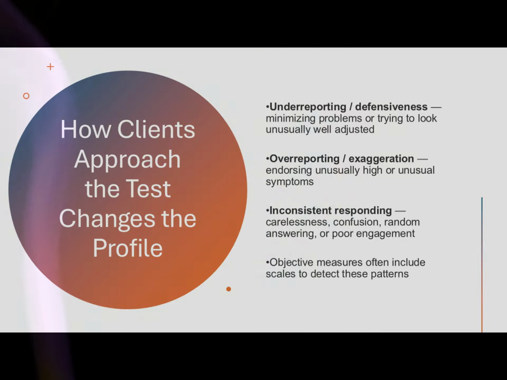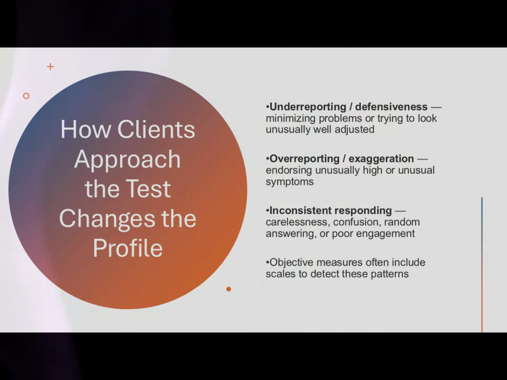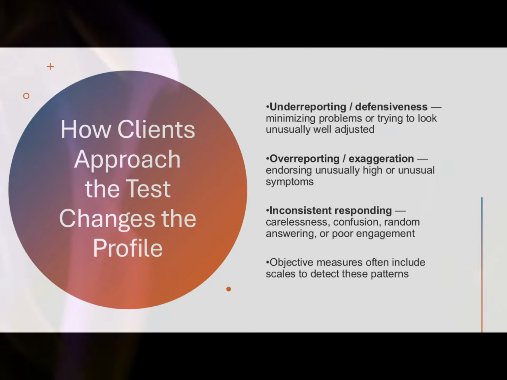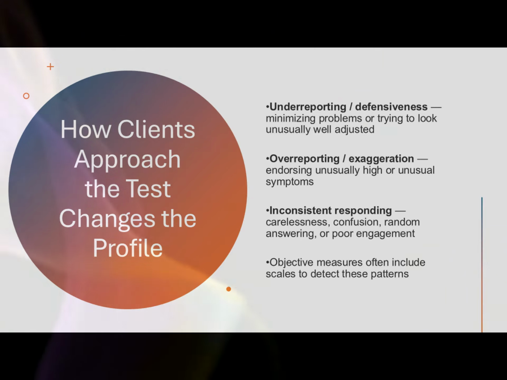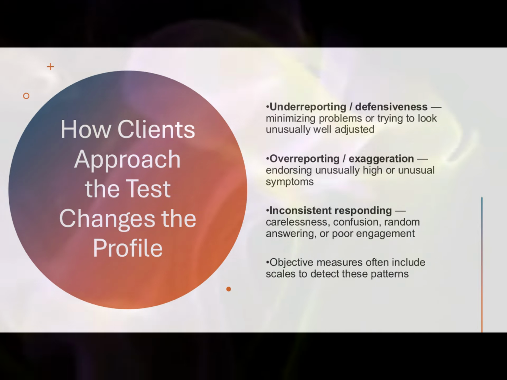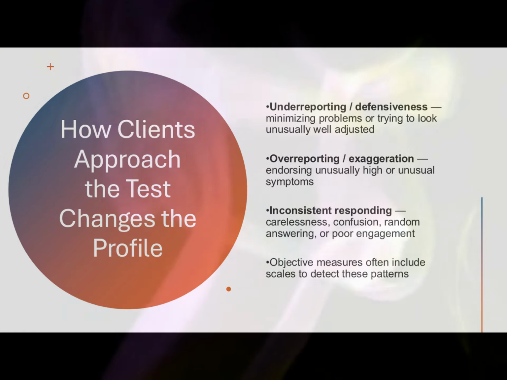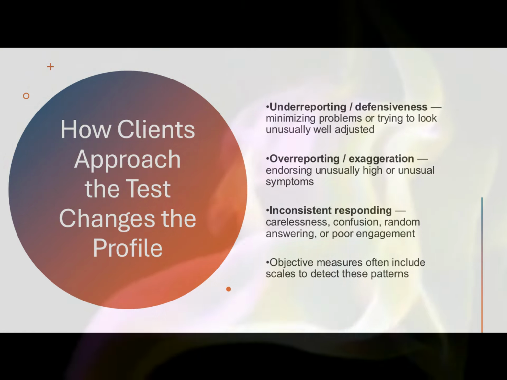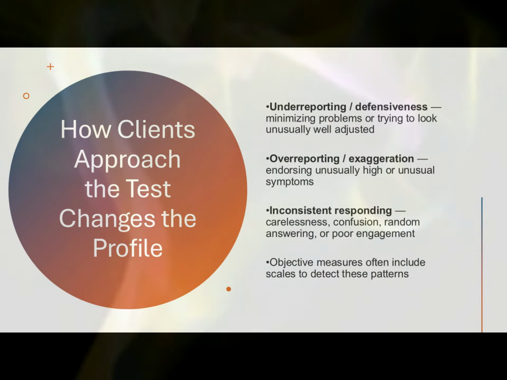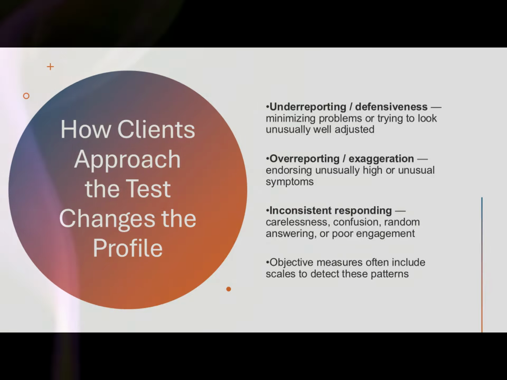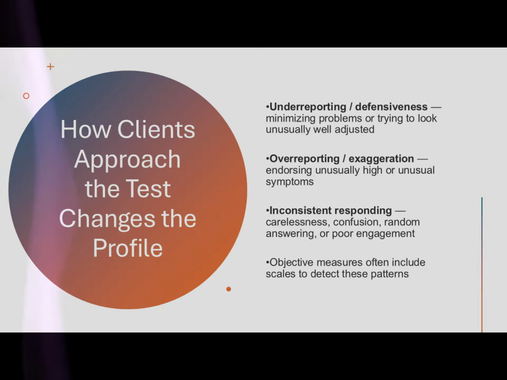The first is underreporting. Is the person being defensive or minimizing this? And a lot of scales are designed to detect intentional underreporting, including unusually favorable self-presentation. They're wanting to make themselves look good, that they have uncommon virtues. And what they might be trying to do there is they're afraid of consequences, or they're trying to protect something in their